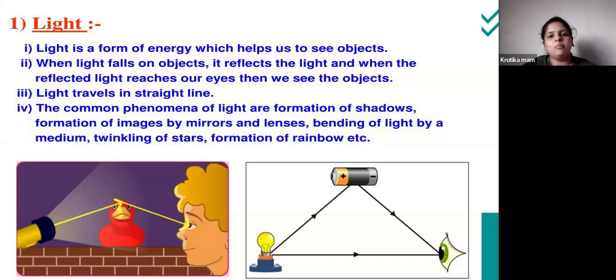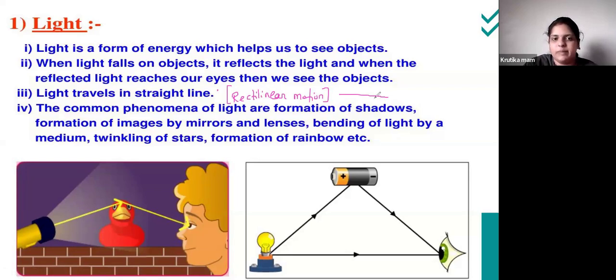So this straight line motion, we can also call it rectilinear motion, students. So here the light always travels in a straight line. This straight line motion, we can call it as what? That is rectilinear motion. And remember, it is the rectilinear motion. So rectilinear motion means whenever there is straight line motion, that we call it as what?